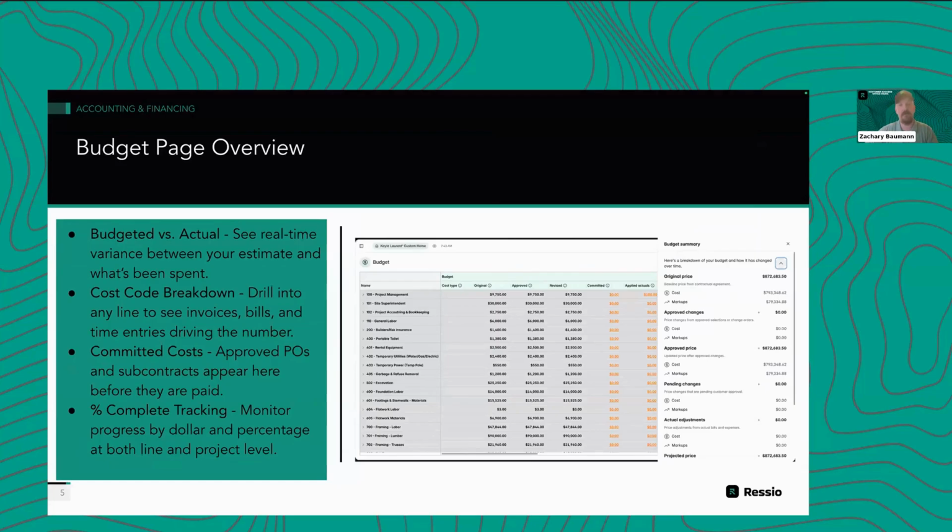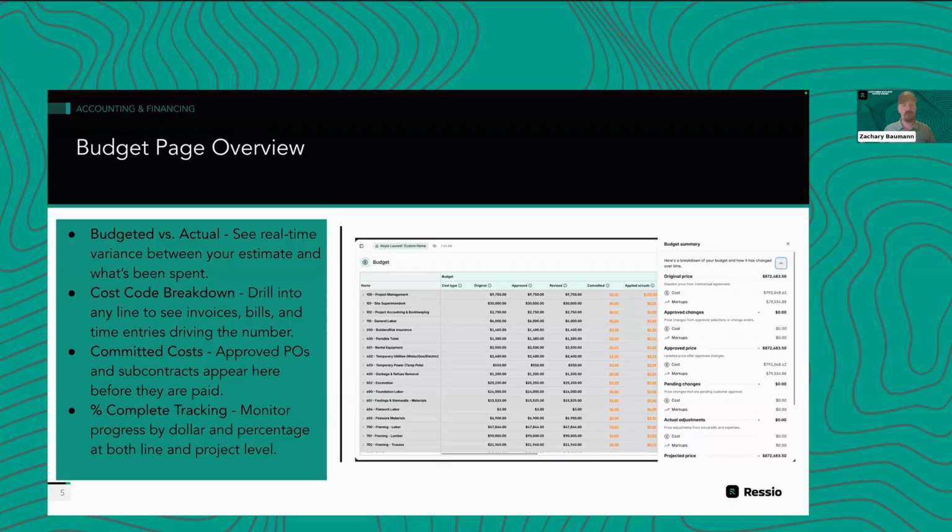Those are color coded on the budget page, but it's the ability to reorganize that and get a view for yourself. And then don't forget, there is always that budget summary. There's that view summary button. Marie in the screenshot here has that open. That's going to give you a high level overview.